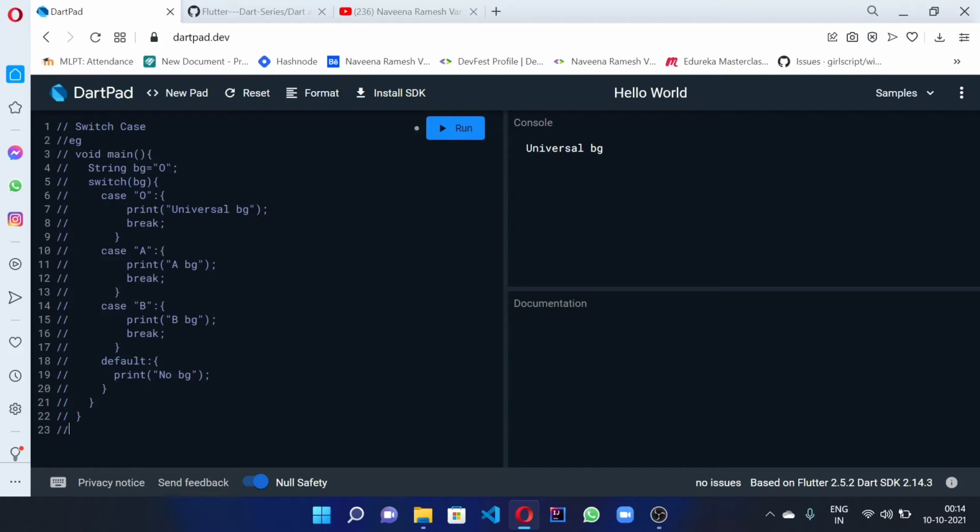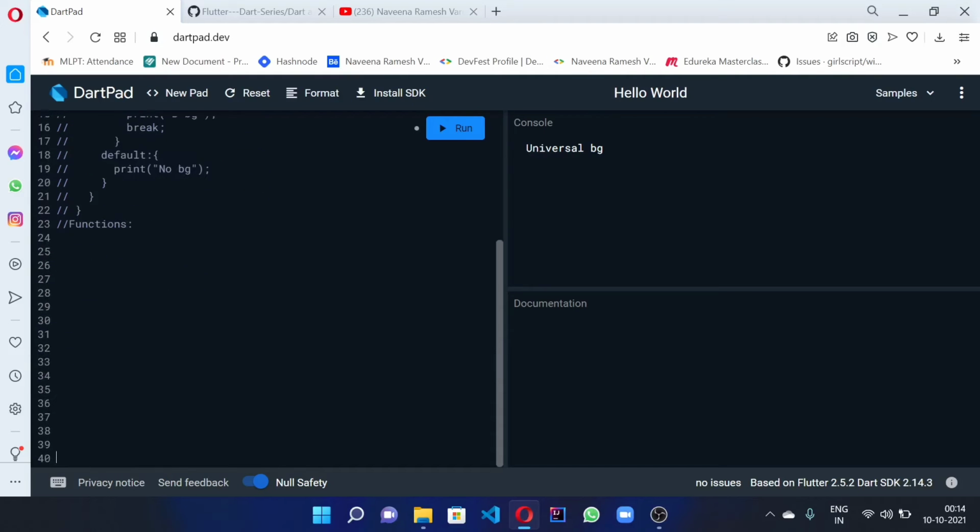Now we'll come into the main part of this video, which is nothing but functions. Functions are a certain block of code which is used to perform some specific task. You can also ask why function. A function is reusable.